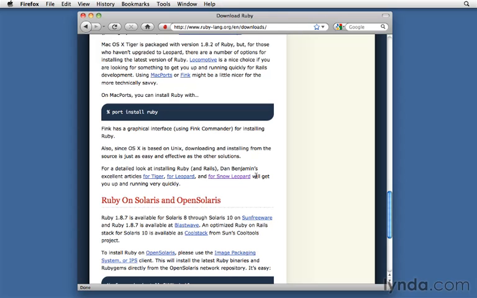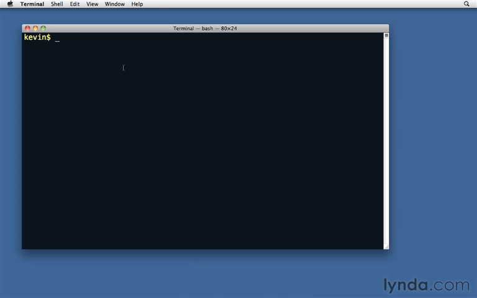Now, to find out which version we have, let's go into our terminal application. And in terminal, we'll type ruby -v. So we're going to ask the Ruby program to tell us what version it has. 1.8.7 is what I have installed. That's fine. That's going to work. I'm not going to install anything else. I'm just going to leave it at that. Again, 1.9.2 would be faster, but I'll be using 1.8.7 for this tutorial just so that we don't need to